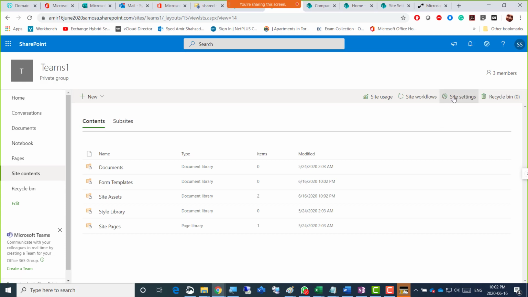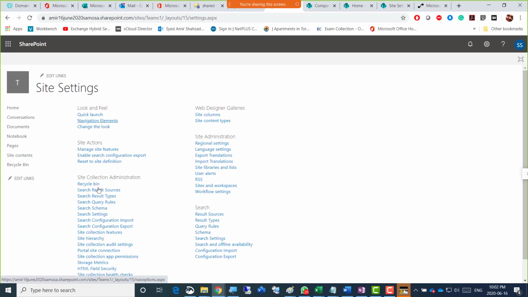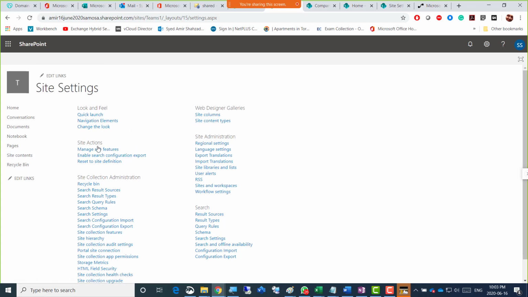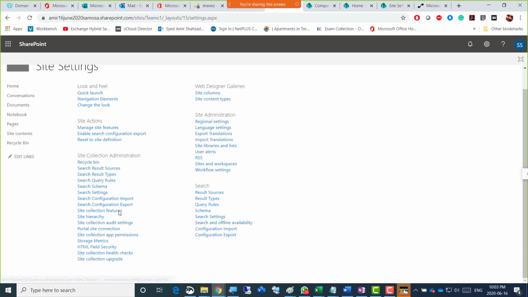I see site contents, site settings, and it has everything. But under site settings, you don't see the user permissions and all those things, right? Exactly. The permissions should be there, but if I go to site actions and site features, it's not showing.